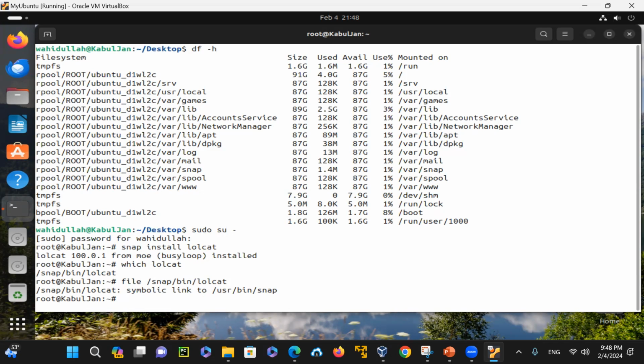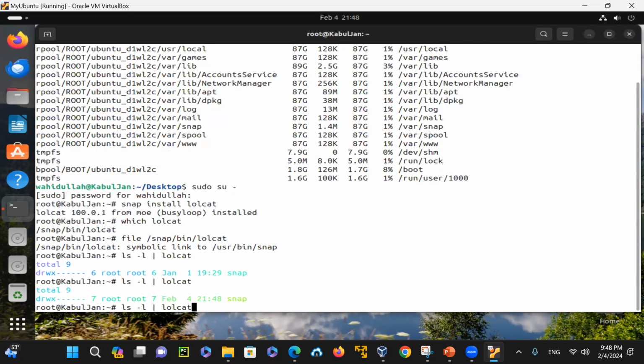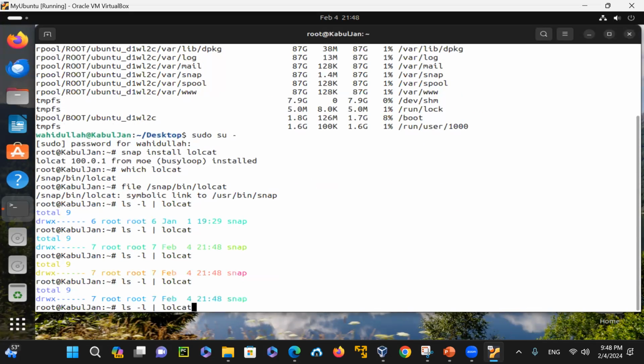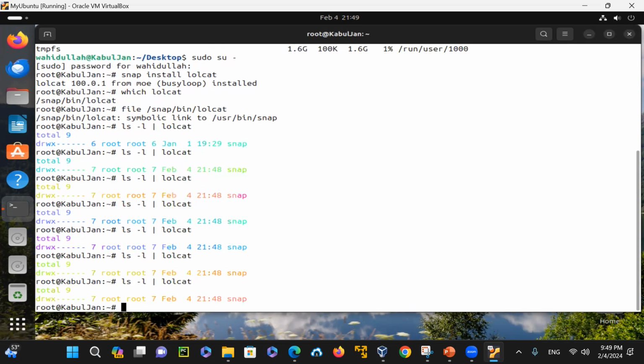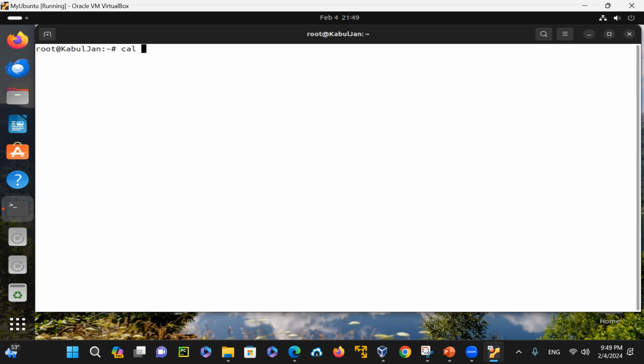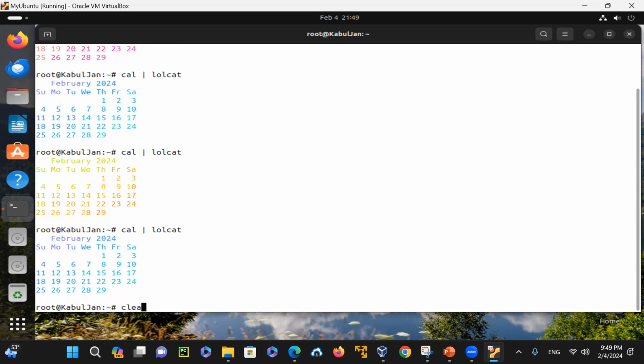So if I say ls -l and then lolcat, that makes it in color. Every time I run it, it gives me a different set of colors. You can see that. So anything that you could do, calendar, now do lolcat. But notice that when you run these commands, it will give you a different set of colors at the same